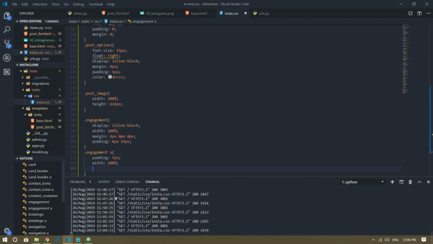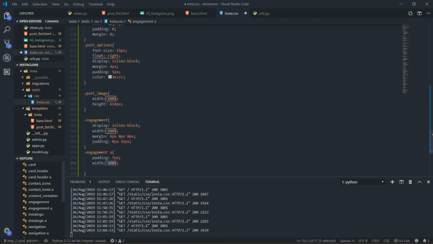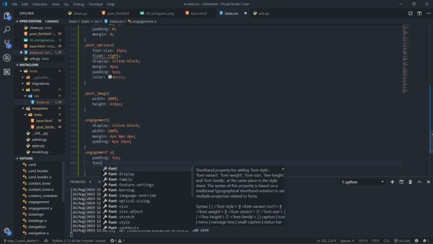Sorry, haven't I already done that? I already did it here. I don't need to add it here. So I don't have a width for this. I only have a font size,